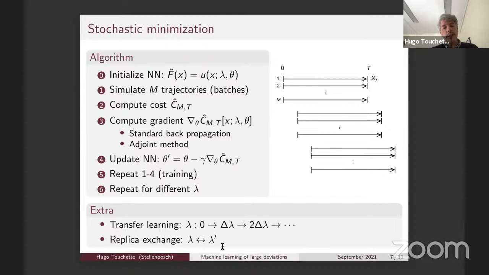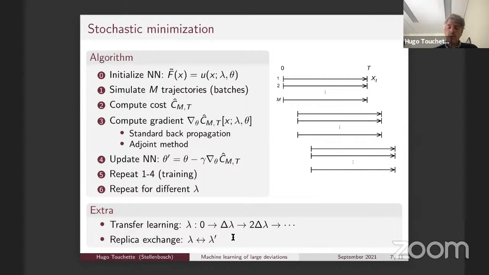Also, if you're dealing with a dynamical phase transition, you can use replica exchange. So you're simulating two systems for different lambdas, and then you swap them consistently, and that also accelerates the convergence. So this is the algorithm. It's based on the neural network. I'm not going into the details of the neural network that we're using. It's just even off-the-shelf software for representing that function. You just have to specify the number of layers, the number of nodes per layer, and then basically you just press play and it goes.